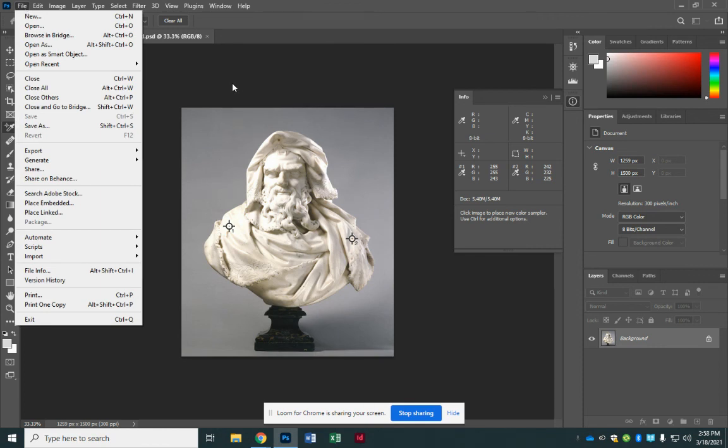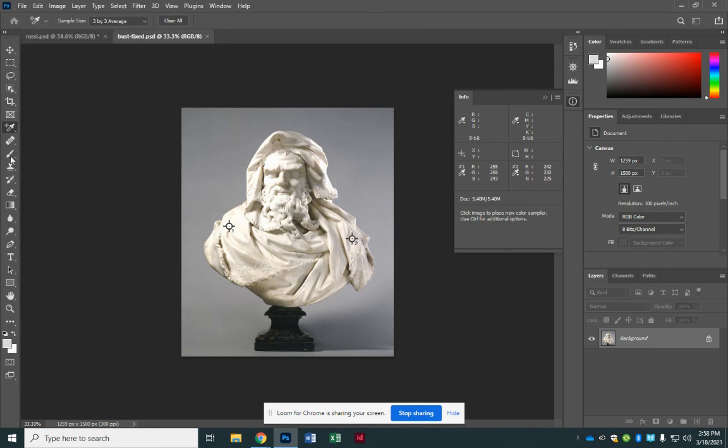So that's all that took there for this. Okay, that's all it took. And that was just the eyedropper tool, the color sampler tool. And you just clicked on both sides of the shoulders, and then it brightened everything up because this side was much darker before. And then when we went in and changed the settings, we brightened it up. And you can see the difference. So when we chose Image Adjustments Color Balance, we brightened it up. All right, so now